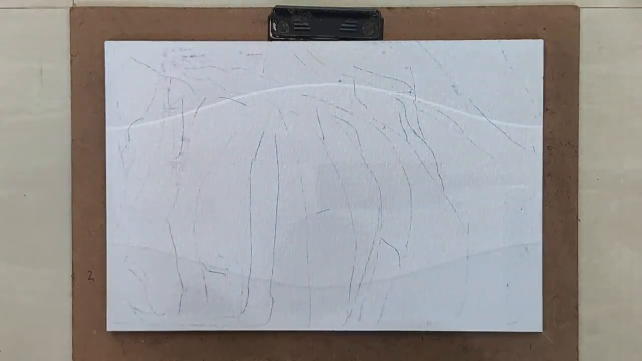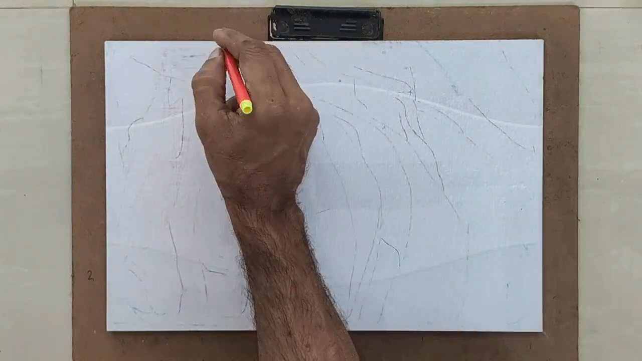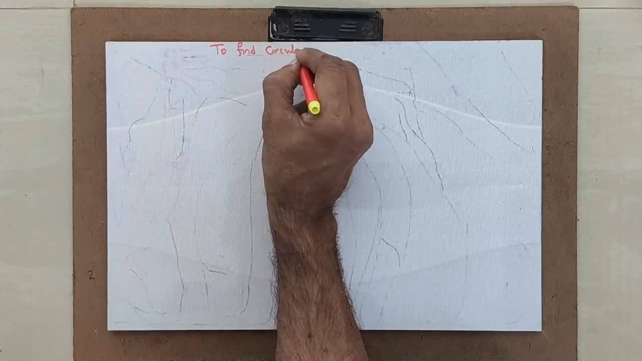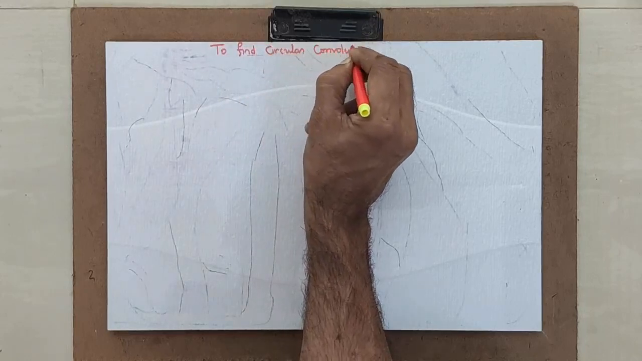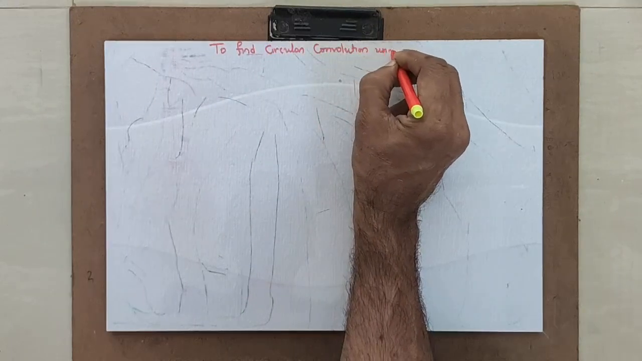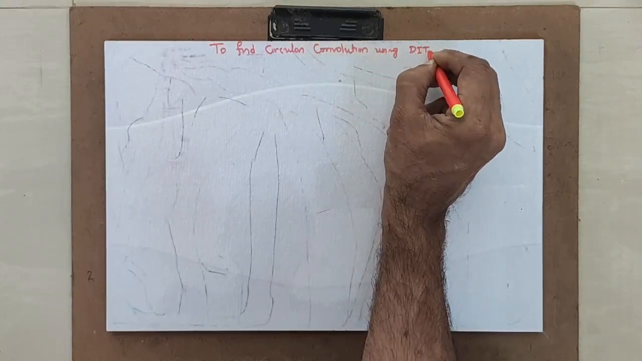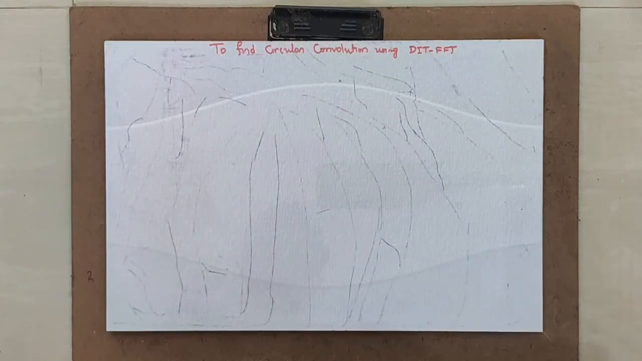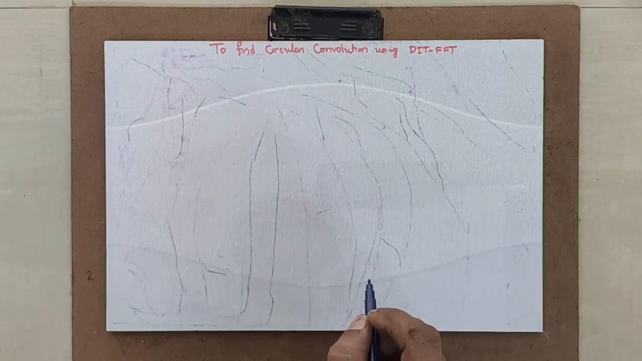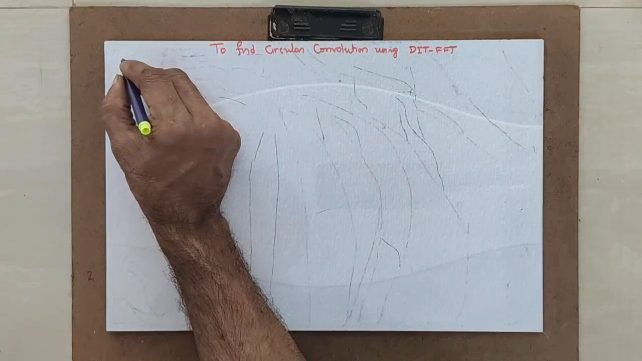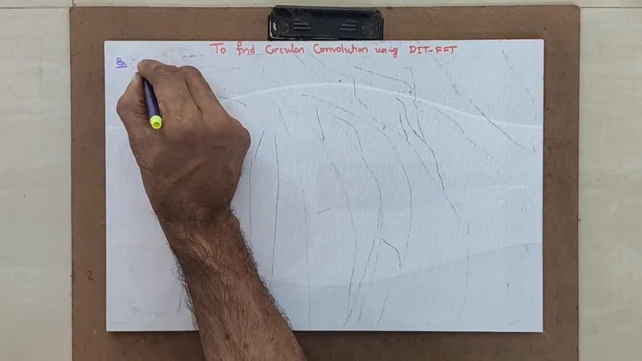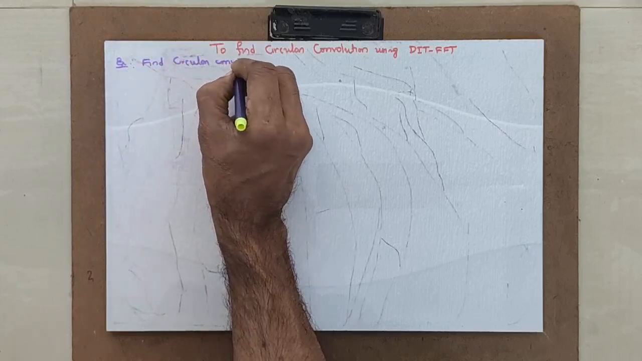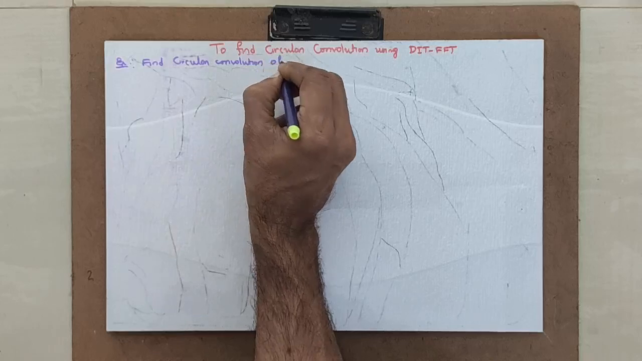I will write the title of this session, that is to find circular convolution using DIT-FFT. Okay, let me take directly an example so that you will understand the concept. I will just write the example. Find circular convolution of two signals